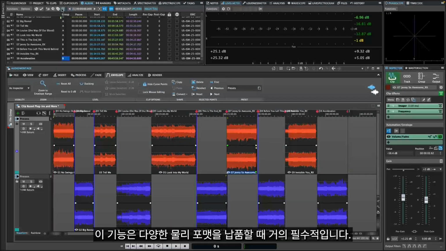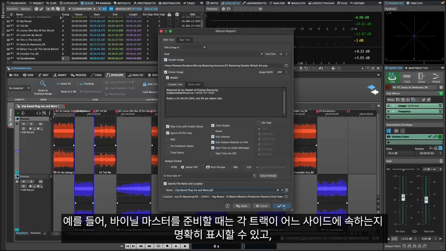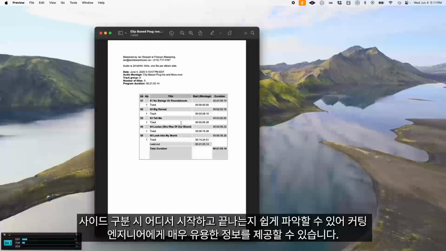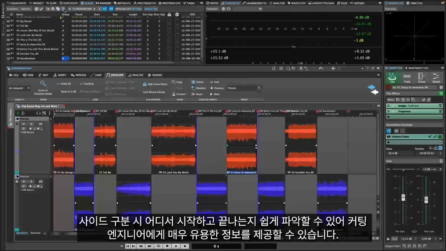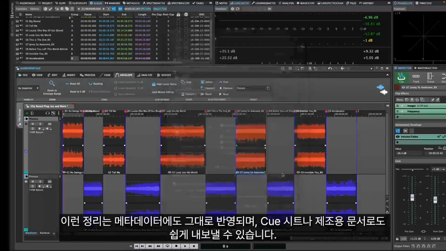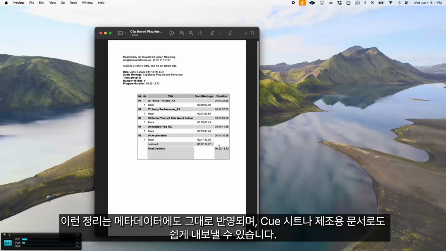A feature like this is nearly a prerequisite when delivering masters for different physical formats. For example, when preparing vinyl masters, you can clearly indicate which tracks belong on which side, making it easy to identify where side breaks should occur, and also the timing of title starts and ends relative to that group or side, something your cutting engineer will surely appreciate. This organization is also carried through to your metadata and can be exported as a cue sheet or other documentation